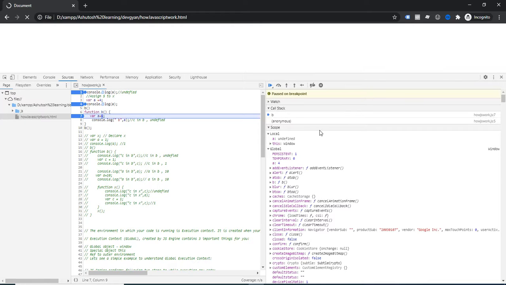But you can notice what this is, or what window is. Again, as I said, JavaScript has the property that the local, or function, can access its parent.